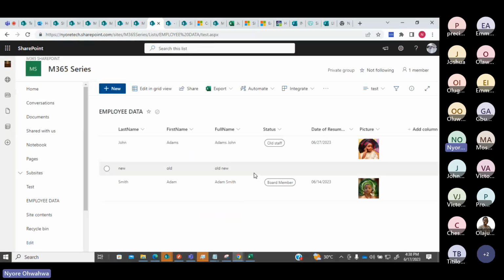So for example, you have created a list and someone else has access to that list, and you come to work the next day, you are looking at your list and you see that some columns have disappeared, because I've had some issues like that. You're wondering what happened. You can't see things that you already put in that column.